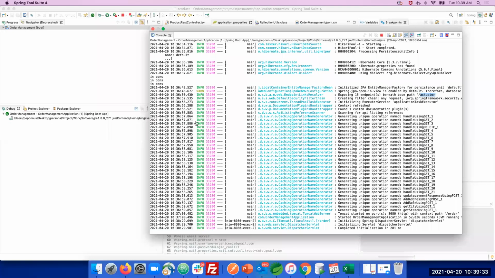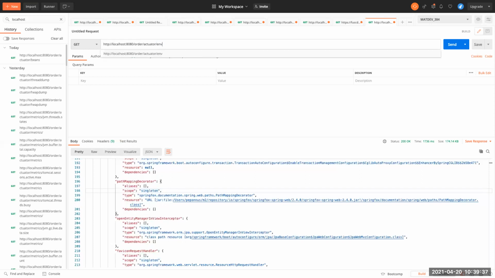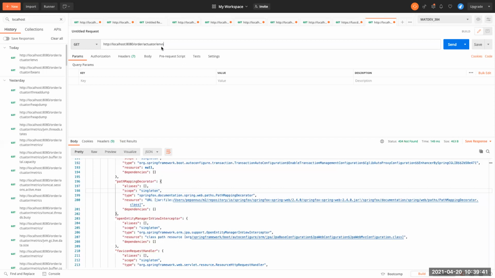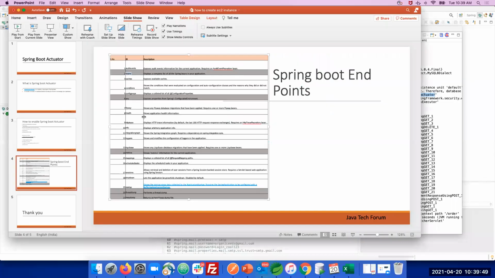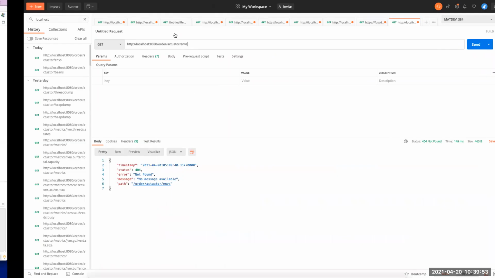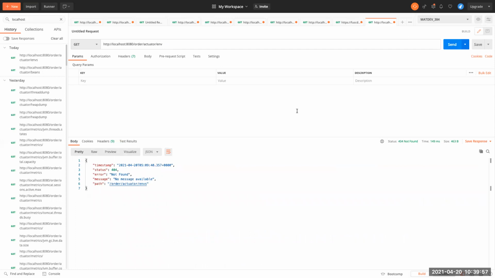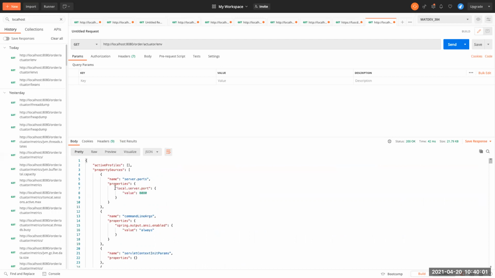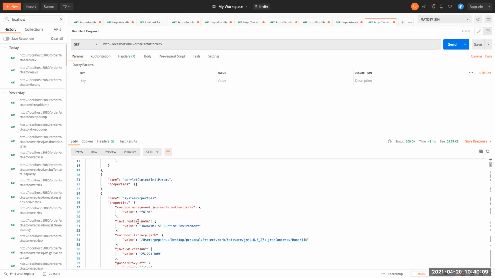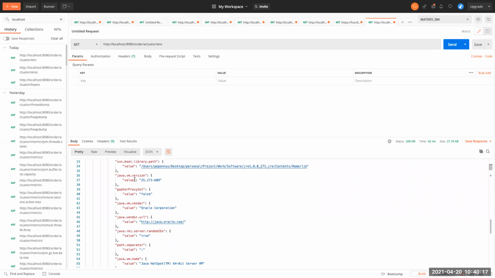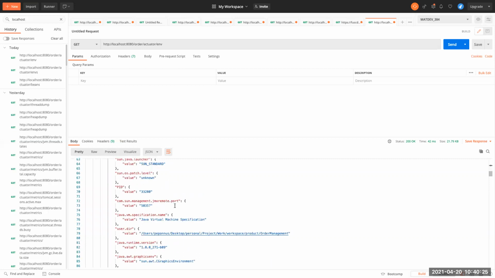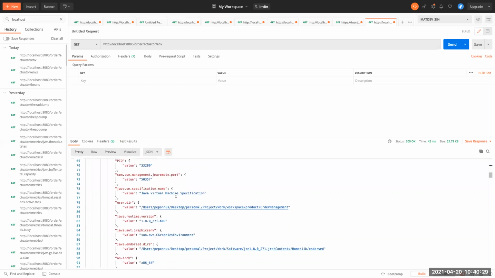The next one will be environment. By using this service, we'll see all the environment related information, like what the port is, and the JVM: where the JRE is referring from and what the JVM version is.